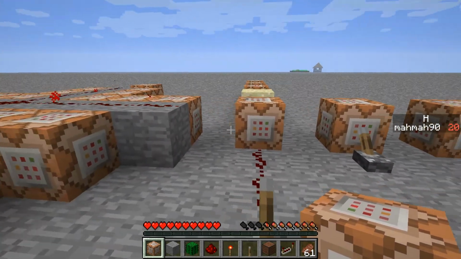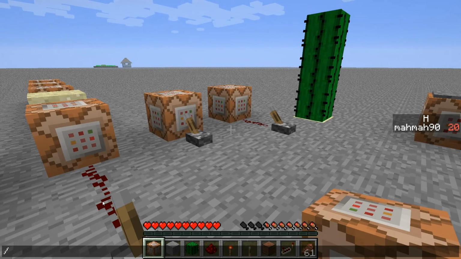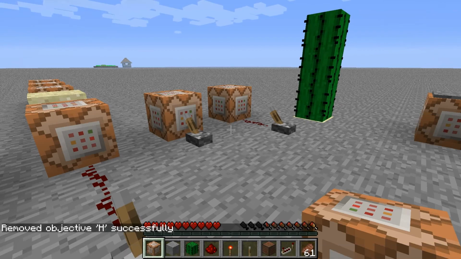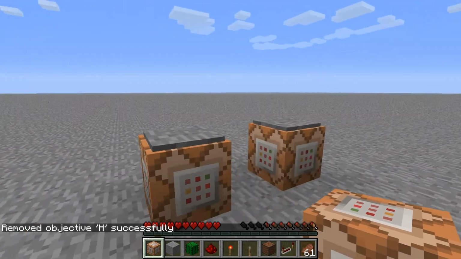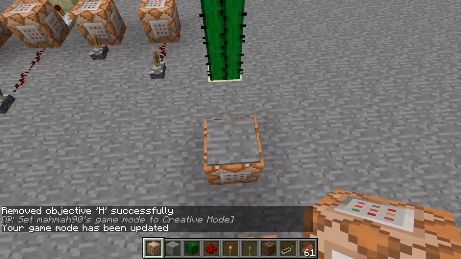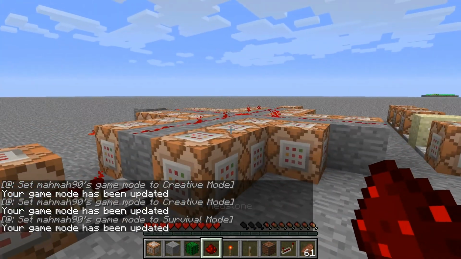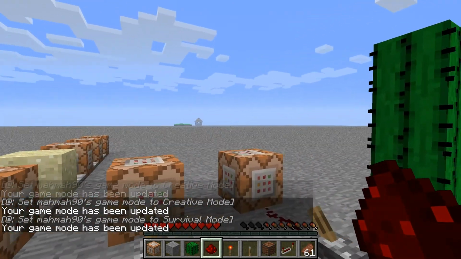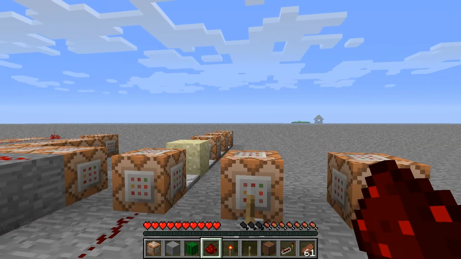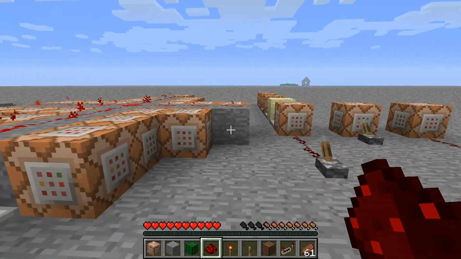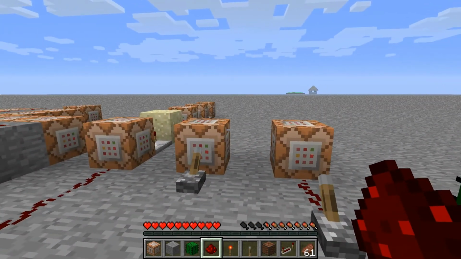So instead of actually, let me just scoreboard objective. Okay, so I've cleaned that up, and these are just switching me to creative mode, survival mode. Right now I'm in a world, I currently have my hunger lower, but if I regen it doesn't really matter in the way I have this set up. So first of all,